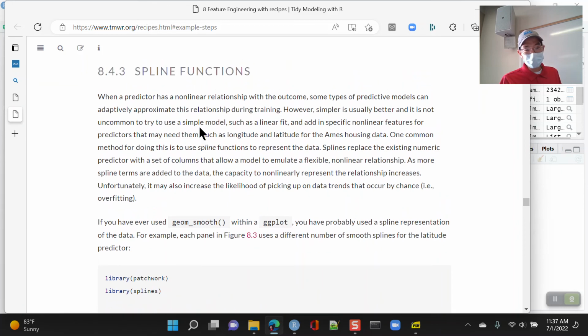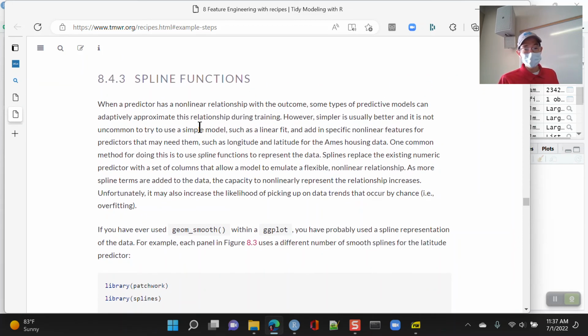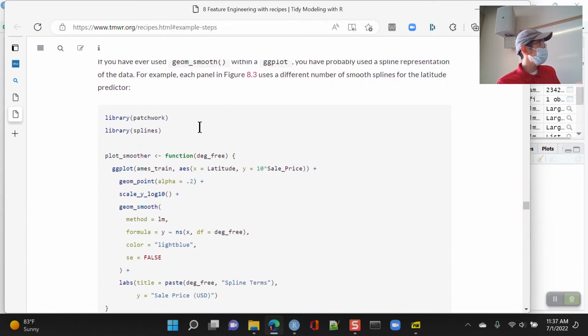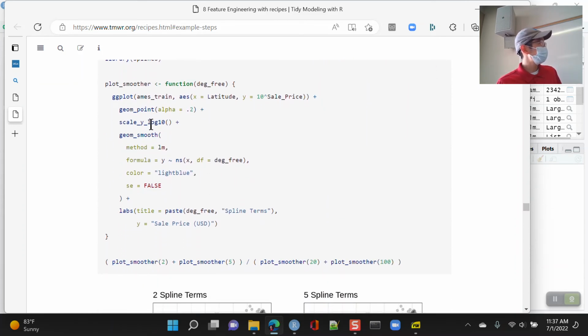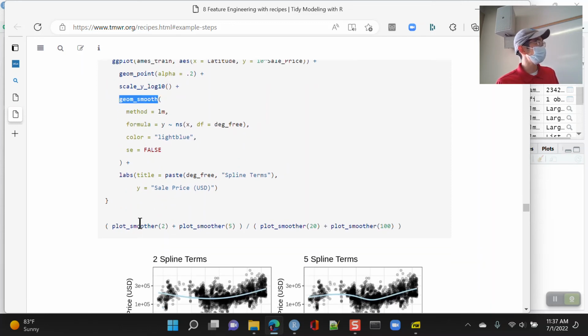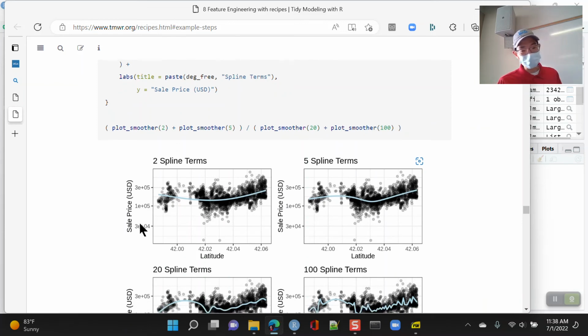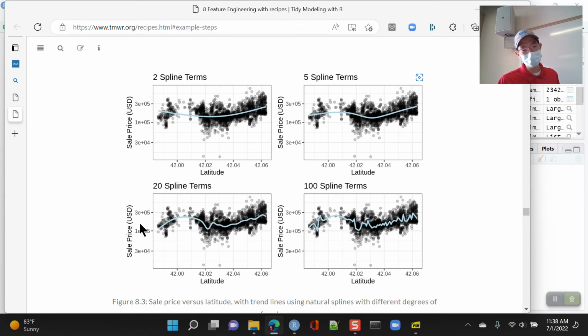And so to allow for these nonlinear things, we can try using a spline function. In ggplot we can use geom_smooth, and in base R you have functions like loess that fit these smoothed-out splines. Or there are natural splines, and you can have different numbers of terms. Here we have 2 spline terms and 5 spline terms, and as we add more and more spline terms, we can see